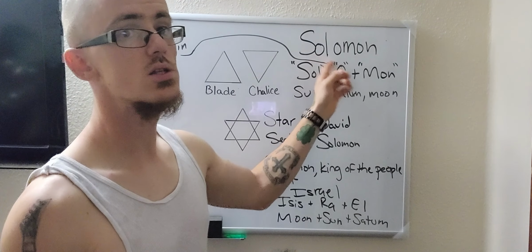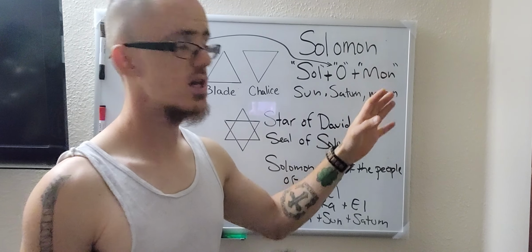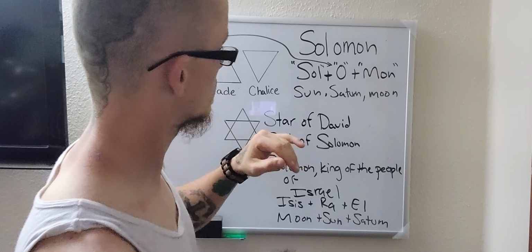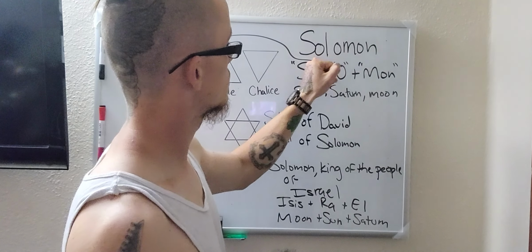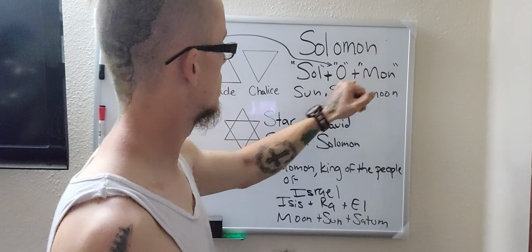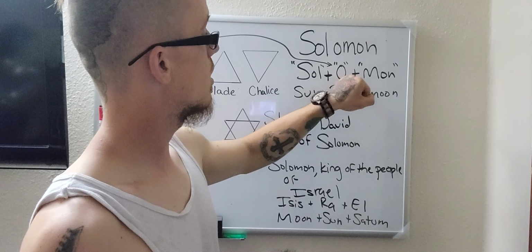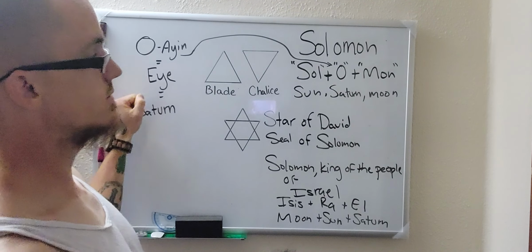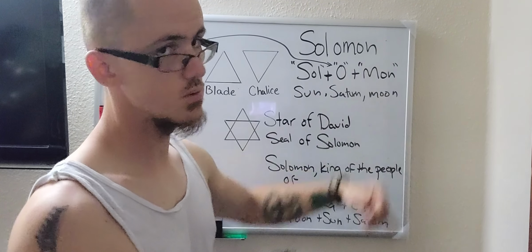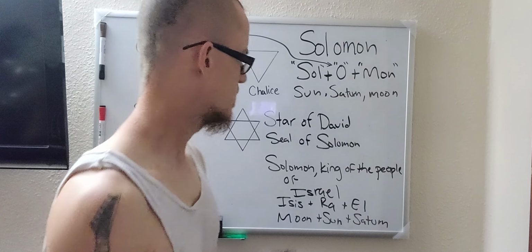So you've got Solomon. There's a lot of different ways that you can break down this name, but for this, we're going to break it down this way. We've got Solomon: Sol, O, Mon. We've got Sol plus O plus Mon. Sol is the name for the sun. Plus O, Ayin, eye, is Saturn. The sun, Saturn, and plus Mon is the moon. So you've got sun, Saturn, and moon. Now,